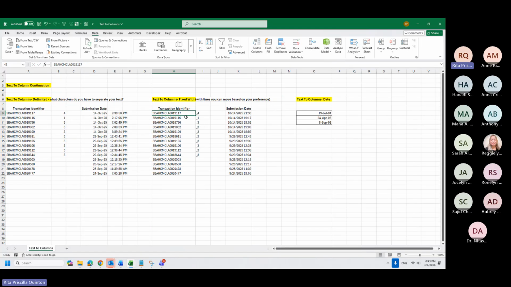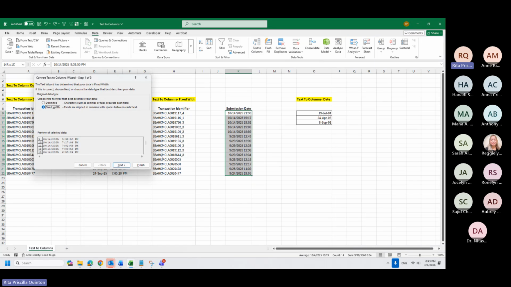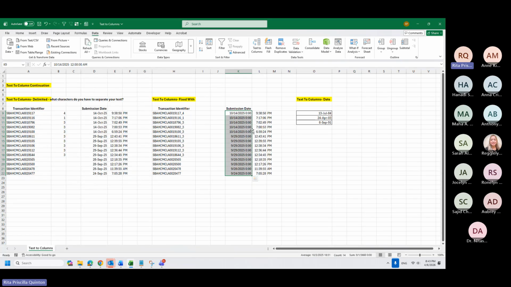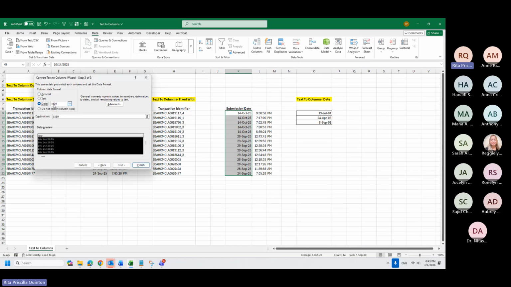One more thing. One more question, Rita. Regarding if I will use it with the date, it will keep the same format for the date or it will be changed? Same format. This one, the one in the Excel, right? Yes, it's the same format. So you need to use it if you are sure that you already have the same format. If you don't have the same format, for example, you will have year, month, date, then you can do another text to columns and then go back again here to fix it. Okay, thank you.